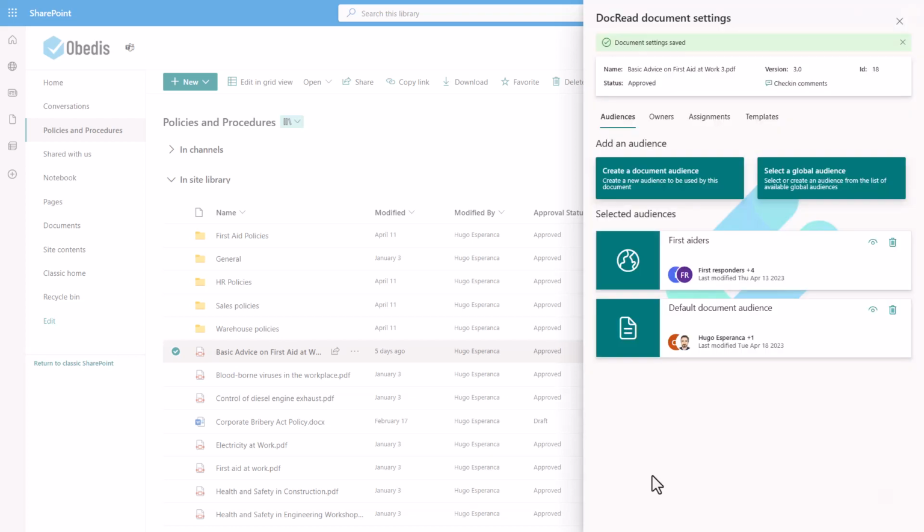DocRead will now create the reading assignments for all the users associated with both of these audiences. DocRead will also automatically create reading assignments for users that join those audiences at any point in the